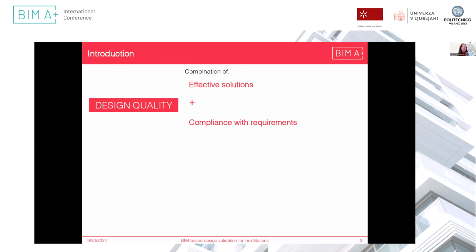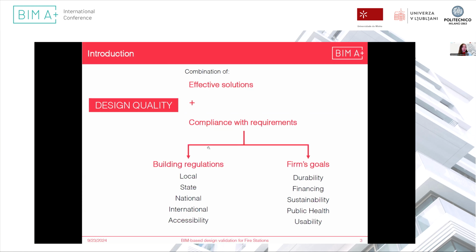When we speak of design quality, we are usually speaking about a combination of effective solutions plus compliance requirements. And talking about those requirements, they can be building regulations, so they can be local codes, international building codes, accessibility standards, or it can be related to the design firm's goals. So sometimes the designers want to achieve a certain certification for sustainability, they want to apply for a financing